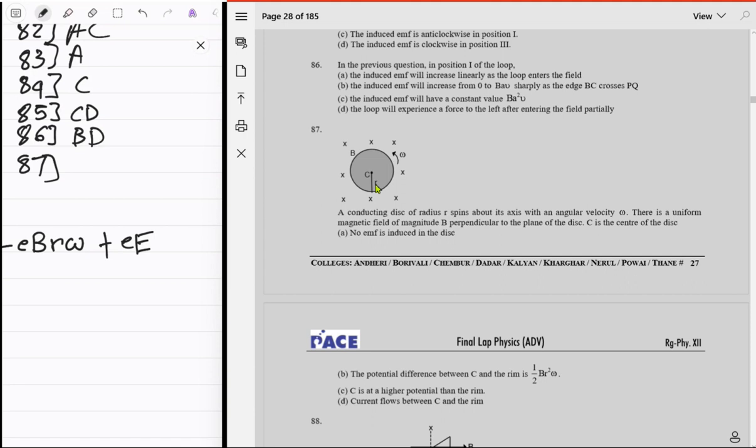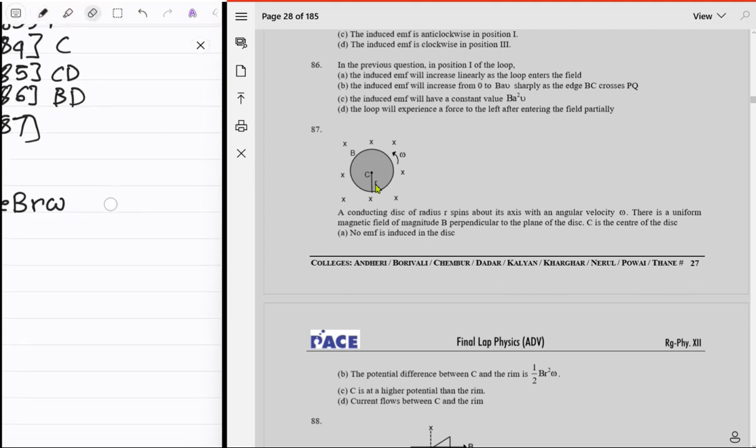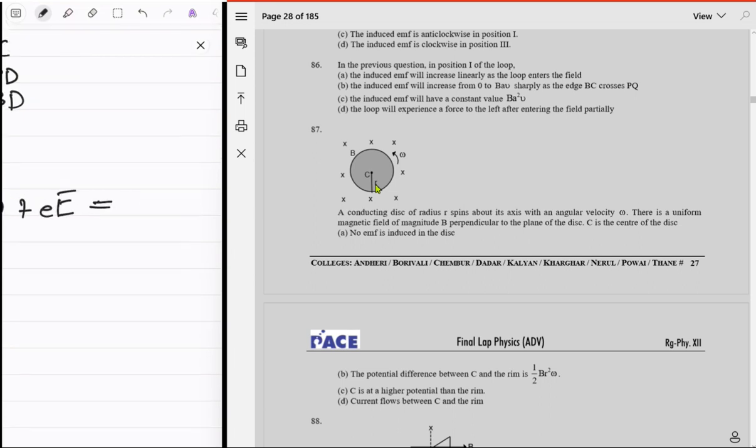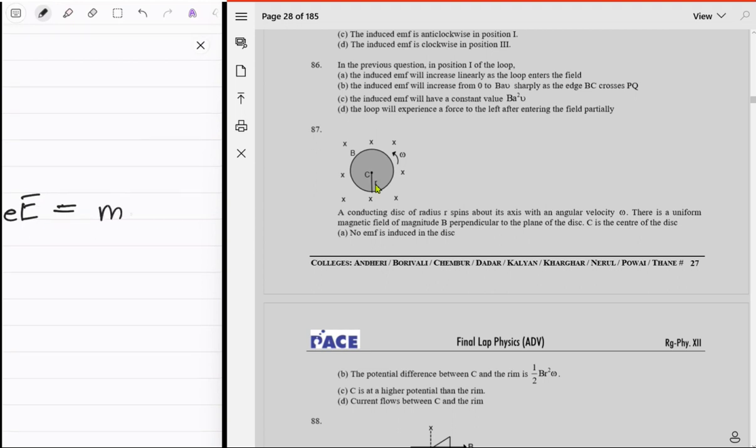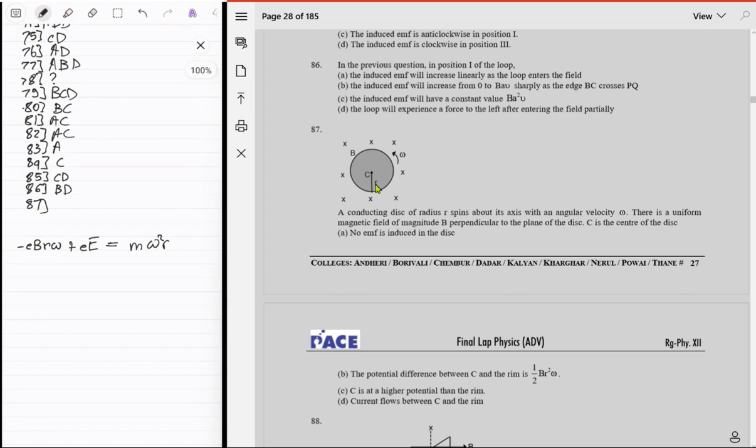Now see, radially inward is what we need. So what will be radially inward? It's just plus eE, and this is equal to m, the mass of the electron, times omega squared r. That's our equation. Okay,